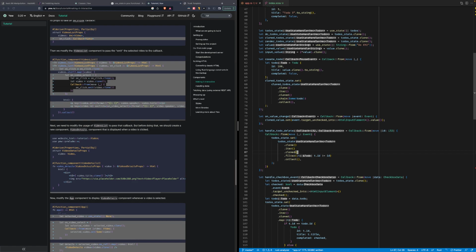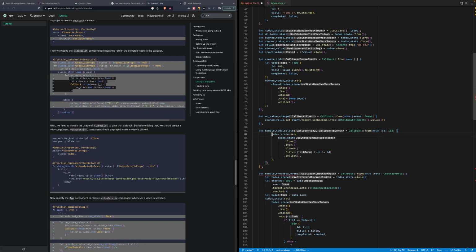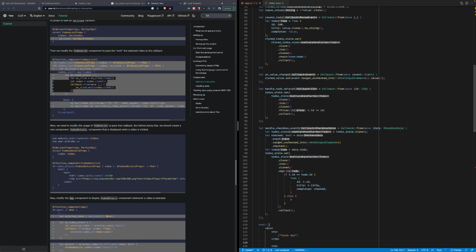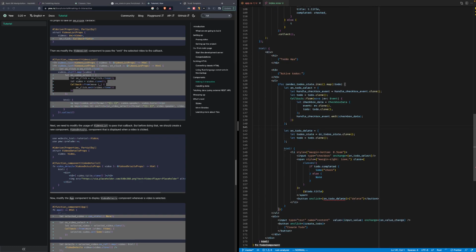We might need, oh wait a second, why is there nested? Yeah, this should not be here. We're just filtering it out, and when it comes to this part, we're just gonna emit.